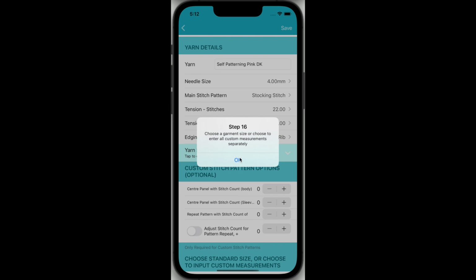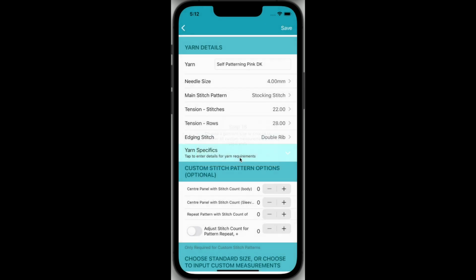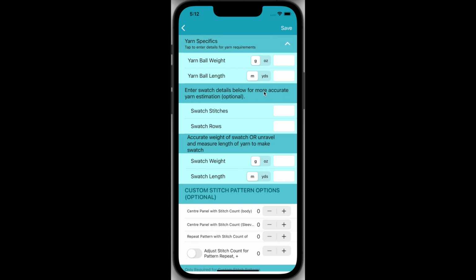Before we go to the next section to choose your garment size, you will see here an optional section, Yarn Specifics. Tapping on this row will expand the sub-rows underneath it. This section is here to provide additional information to enable more accurate yarn quantity estimations, including how many balls of yarn you will need. You don't have to provide any information here, but if you don't, the pattern will estimate the number of yards or meters of yarns that you will need, but won't be able to tell you how